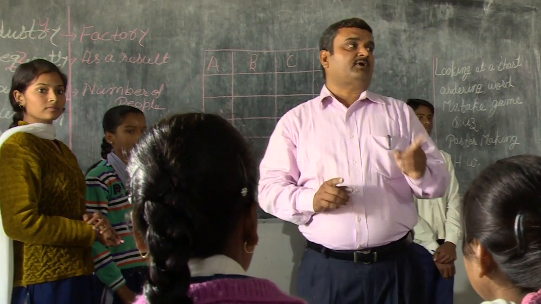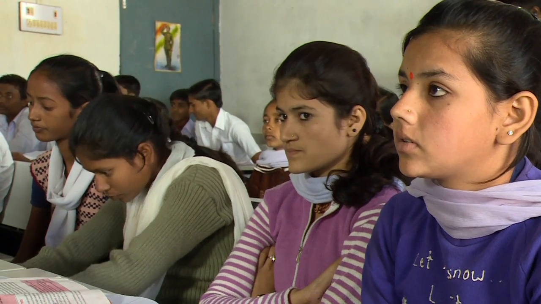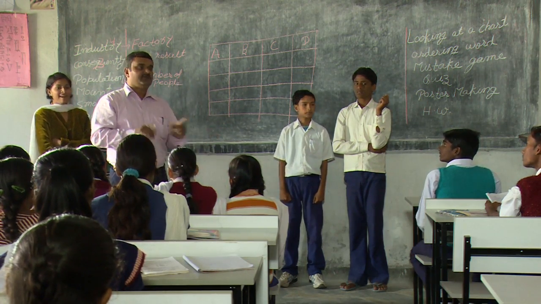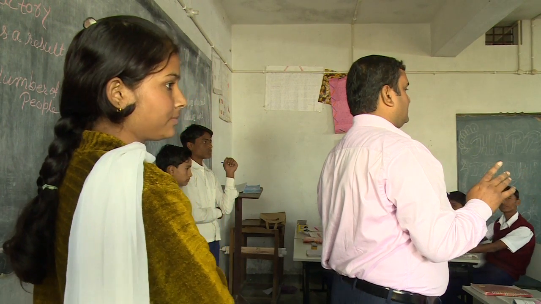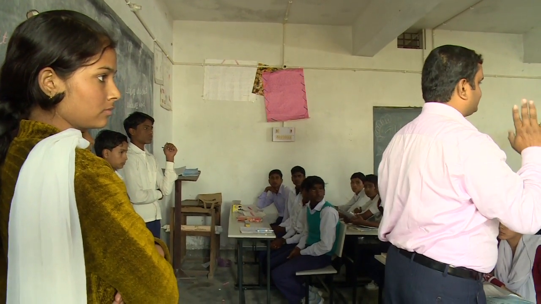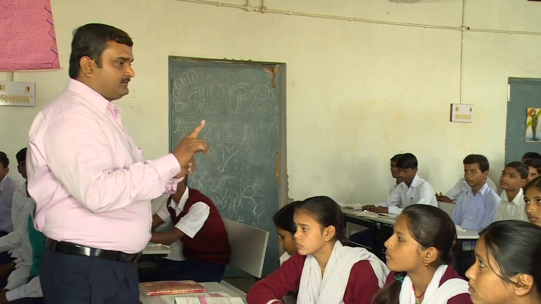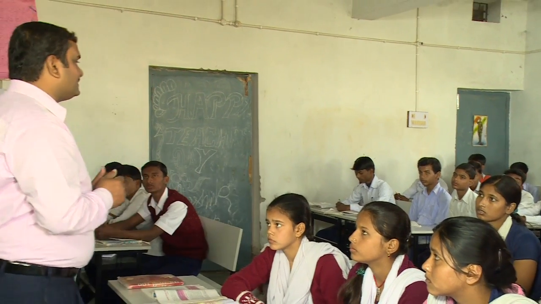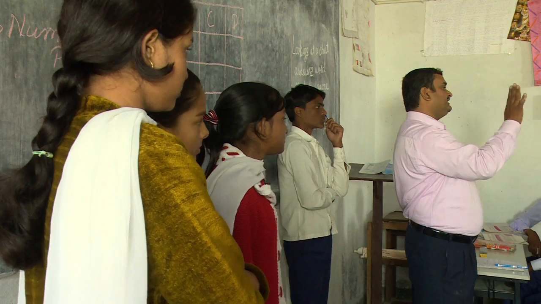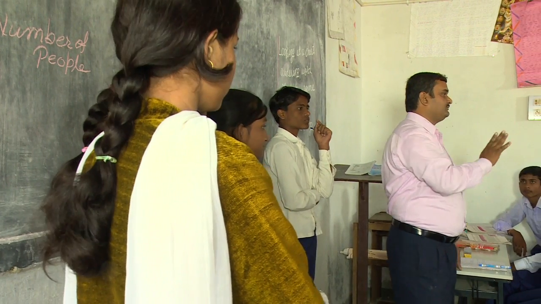One person from team A will come here with the questions that you have made. Team B, C and D has to answer. Who will raise the hand first will get the chance to answer first. You have to ask only one question at one time. When team A will ask the question, team A will not answer. Now you come from team A. B, C, D, listen question carefully and you have to raise hand if you know the answer.